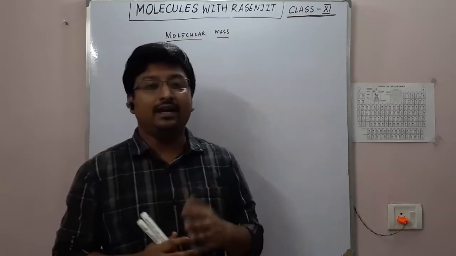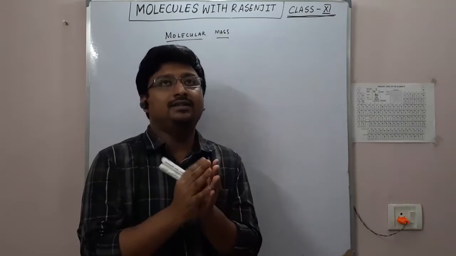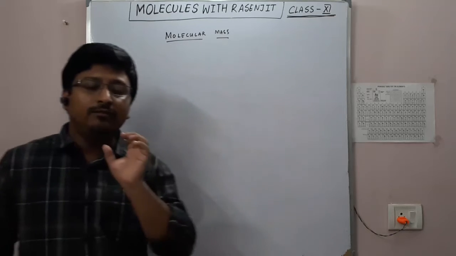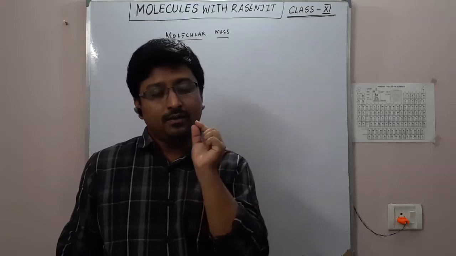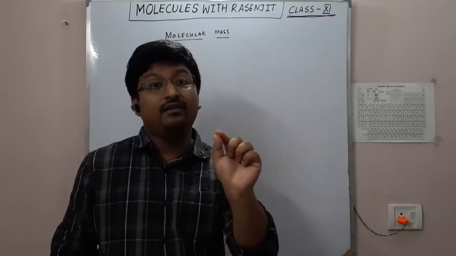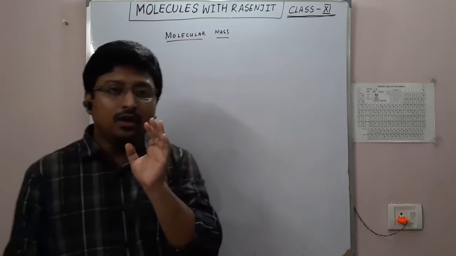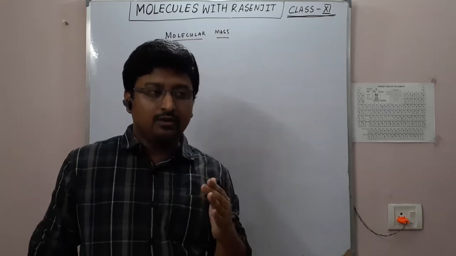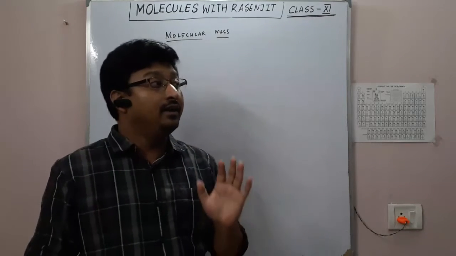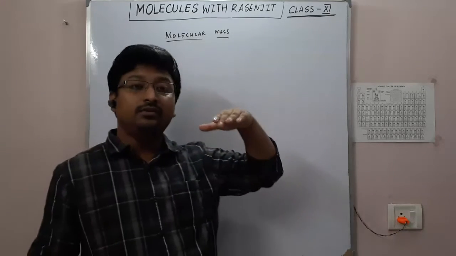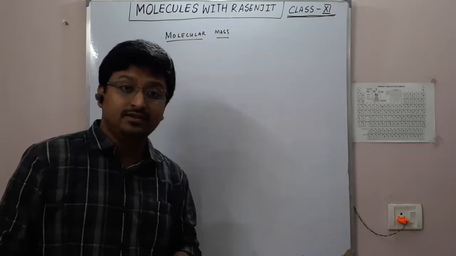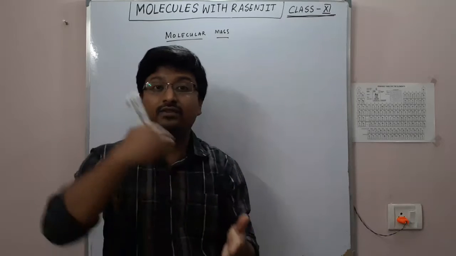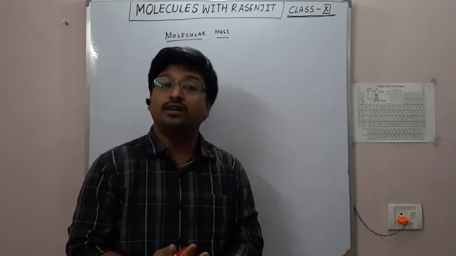Now, determination of the molecular mass directly, let's say absolute molecular mass. If you say absolute molecular mass, it will not be a perfect term to describe this. The perfect term is relative molecular mass. Why? Because we use several methods, and when we are talking about atomic mass or molecular mass, we first think about the reference, and we determine this molecular mass with respect to that reference. Since it is determined with respect to a reference, we use the term relative molecular mass.